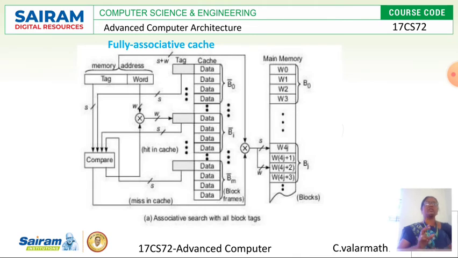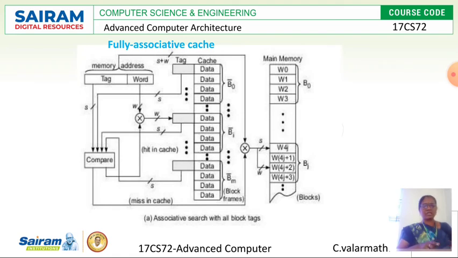Right? Understood? So coming back to its bitwise representation, here the memory address consists of 2 fields. One is the tag field, another one is the word field. Word field is what goes from the processor to main memory. Similarly, the main memory consists of a number of blocks. Cache memory also consists of a number of blocks. Here these two are given to the comparator unit. From the comparator unit, the corresponding word address and its tag field are connected to the cache memory.